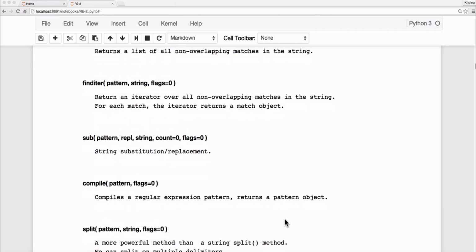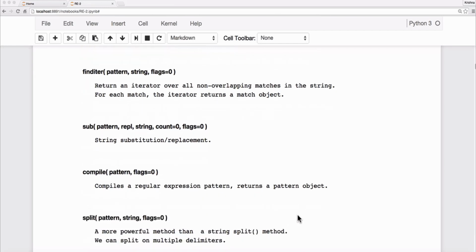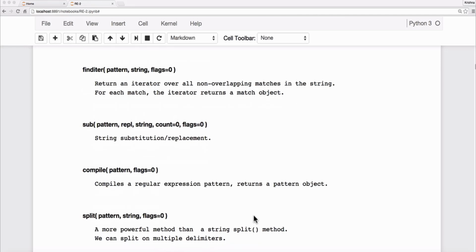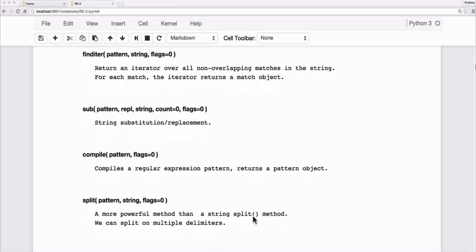Next, there is a split method. This regular expression split method is more powerful than the regular string split method, because one important thing is we can pass multiple delimiters. We'll see all this with a lot of examples in our next class,